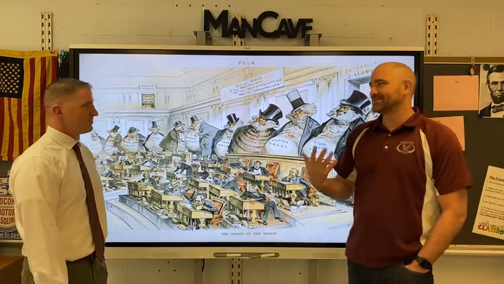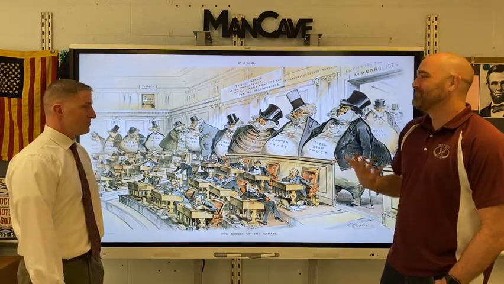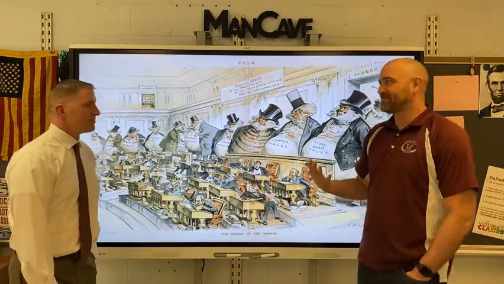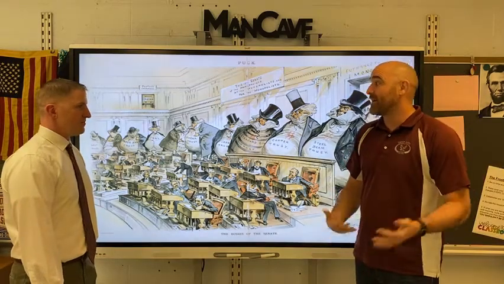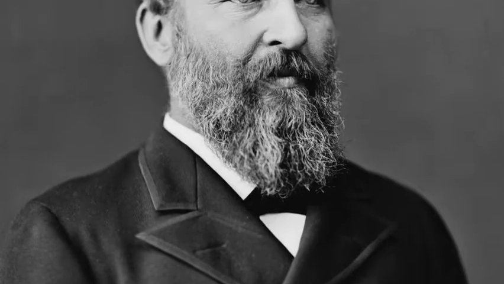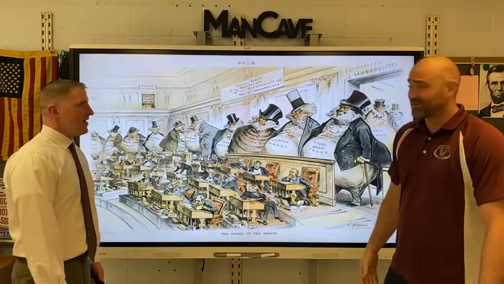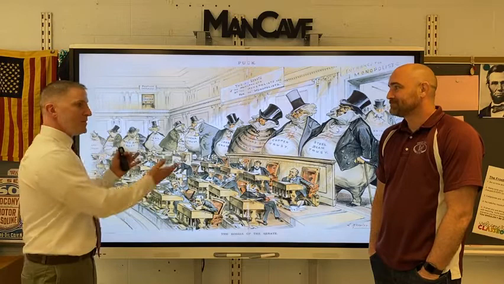Let's think contextually. We're in the late 1800s. Can you name any president from the late 1800s off the top of your head? Most people can't. Why is that? It's because it's the Rockefellers, the Morgans, the Carnegies, the Vanderbilts, the Jay Goulds, who were the most powerful people in our country, not our government, not our politicians. Not McKinley, and not until you get Theodore Roosevelt, who's a power guy himself. Before McKinley, you got nobody like Garfield and Cleveland and Chester A. Arthur. Yeah, we had a president named Chester A. Arthur. And some historians would probably say that those types of presidents were kind of like puppets for big business.